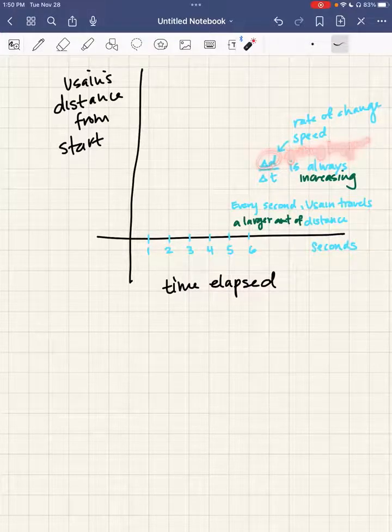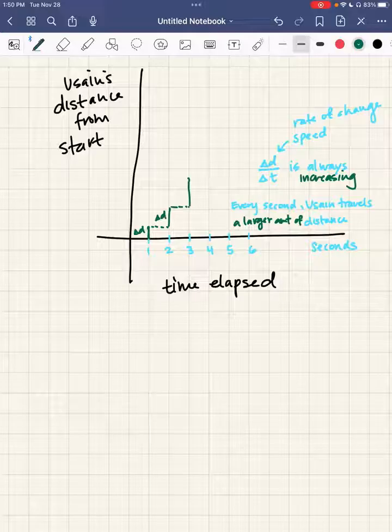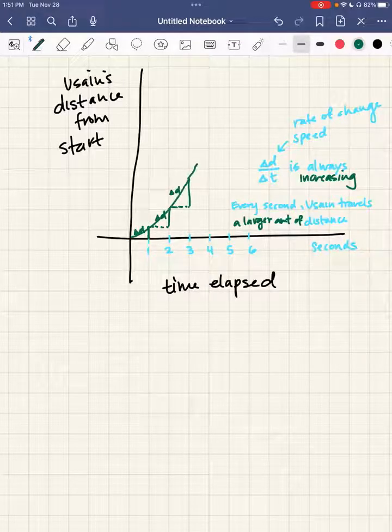So maybe in that first second, he covers some amount of distance, like this part right here. But in the next second, he needs to cover a larger amount of distance, right here. And then in the next second, maybe he covers an even larger amount of distance. And then maybe at some point he reaches his max speed and stays at that constant speed for a while. But in terms of our graph, we should be getting something that's curving up, at least to start. And then maybe he flattens out for a while because he hits that max speed and stays there.